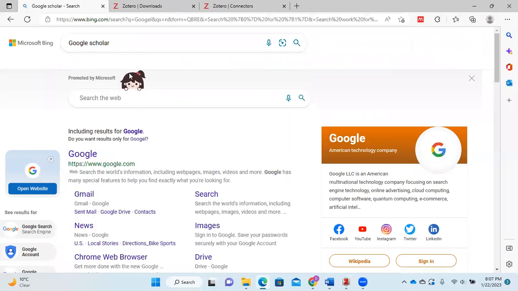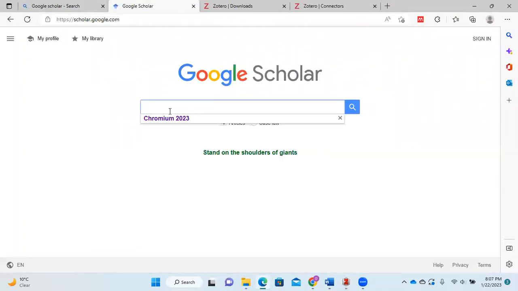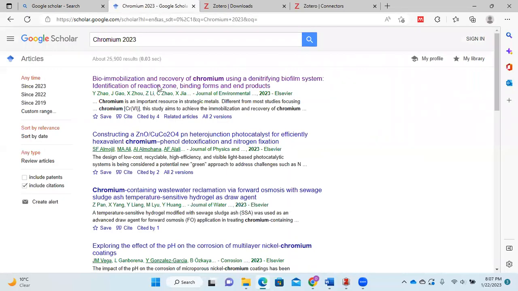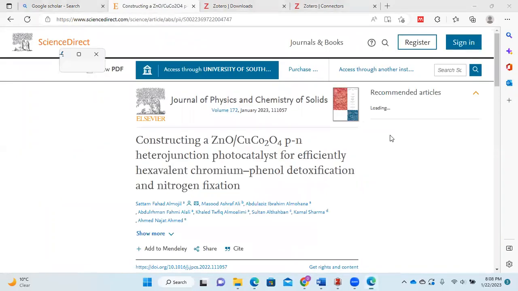Google Scholar and you want to download a paper from here. With the keyword that I pressed, Chromium 2023, you can get a lot of papers here. Say you want to add this paper to your library, and what you can do is click on the title of the paper,